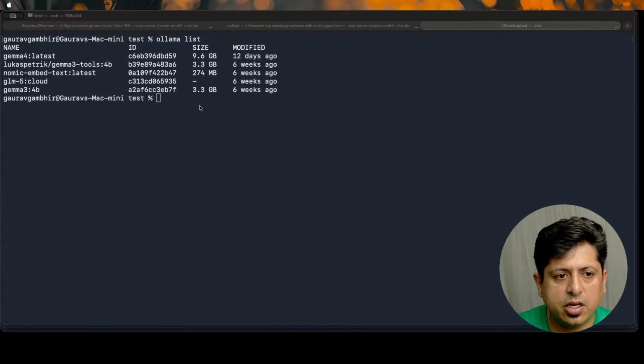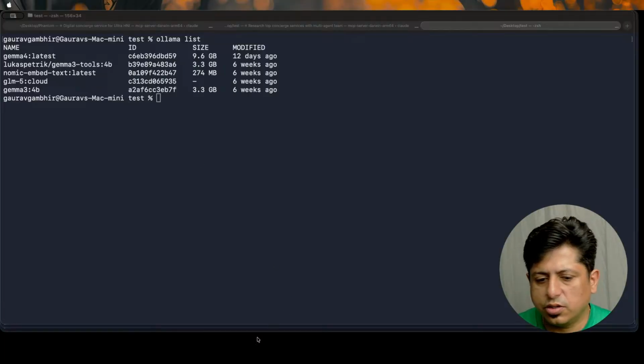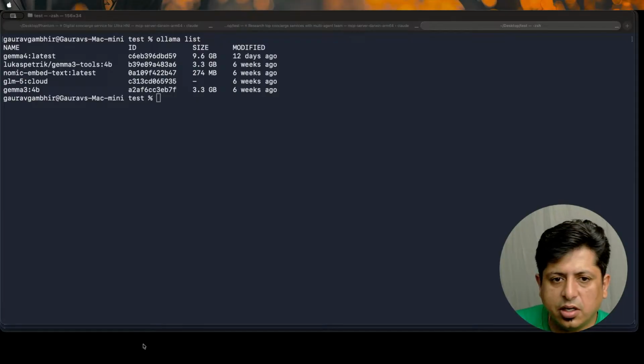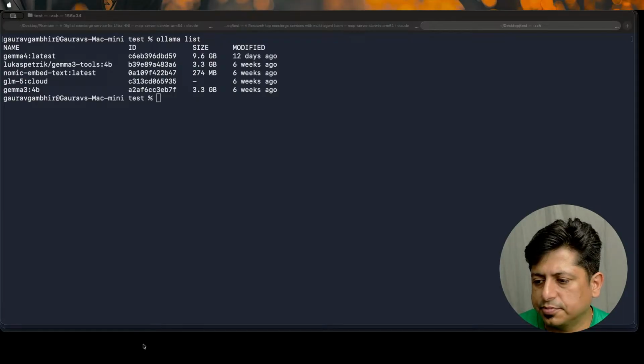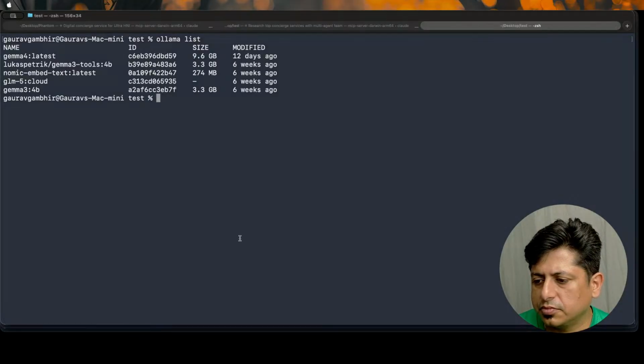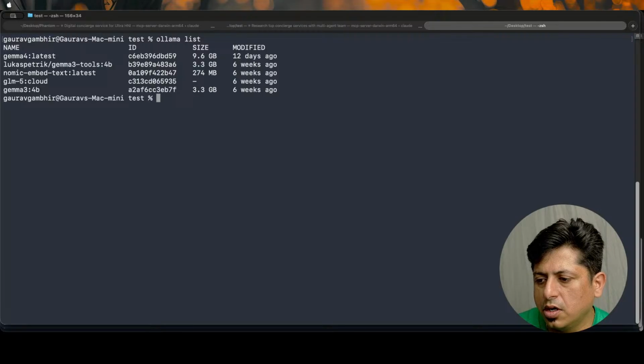Okay, now I think my screen is visible. You should see something on the terminal where I'm running Ollama. Alright, it's visible now. Okay, so